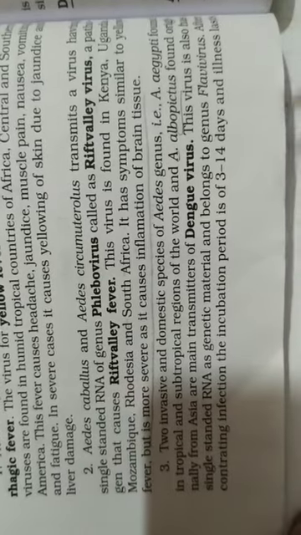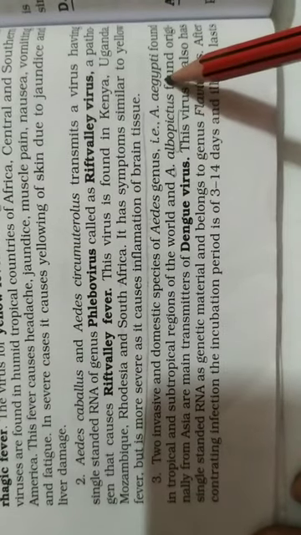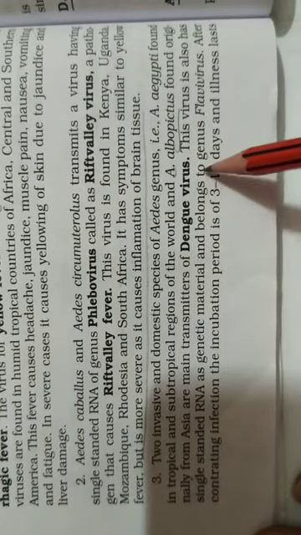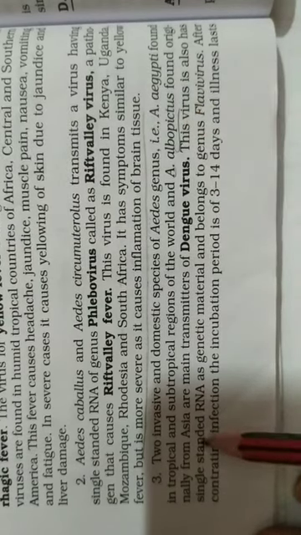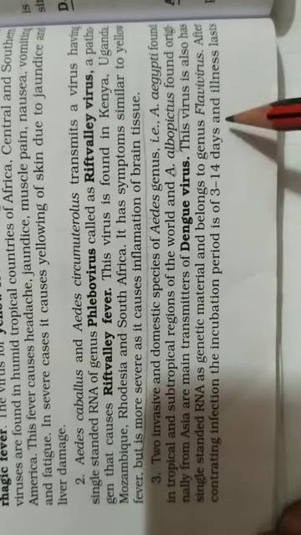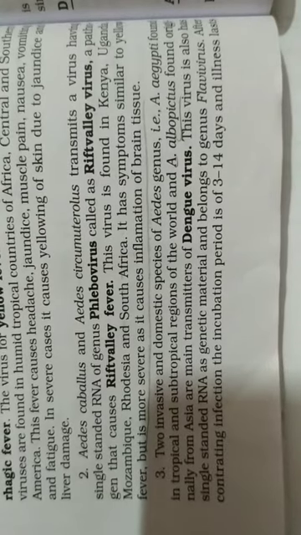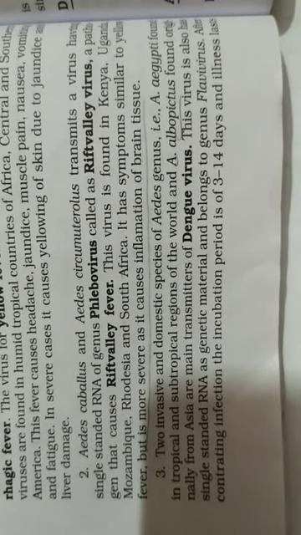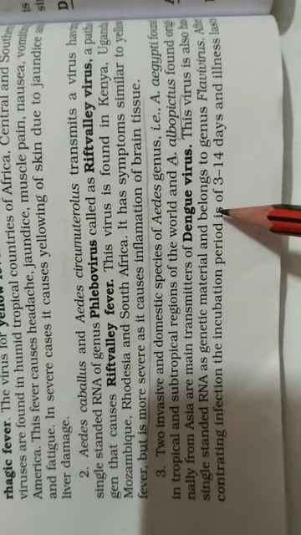Now the next is the dengue virus. Dengue is caused by the Aedes genus, most commonly the Aedes aegypti, and sometimes Aedes albopictus also carries the dengue virus. Aedes albopictus is most prominently found in the Asian subcontinent, so here it spreads the dengue virus. The dengue virus belongs to the genus Flavivirus and has an incubation period of 3 to 14 days. It causes symptoms like muscle pain, joint pain and hemorrhages also occur. It is also called breakbone fever. Why is it called so? Because it results in very severe pain in the bones.